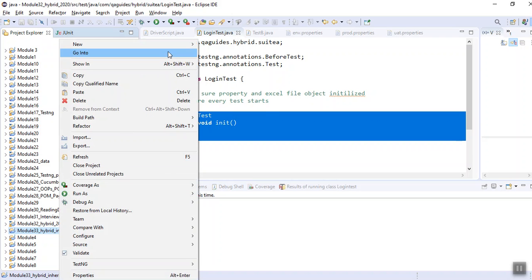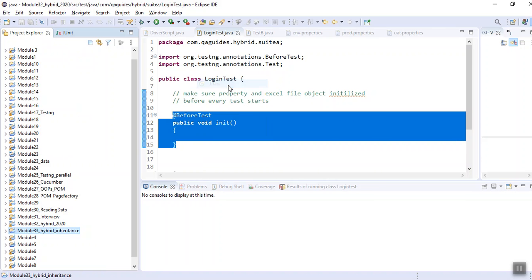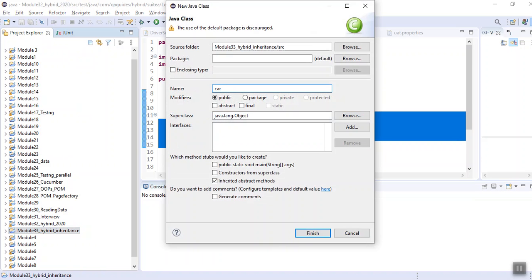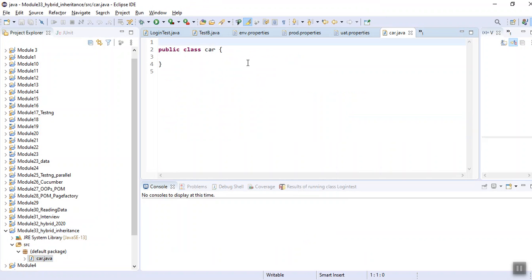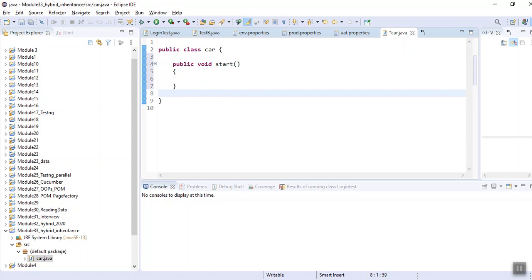Let me create a class car, and we have two functions, public void start, and another function, public void stop.